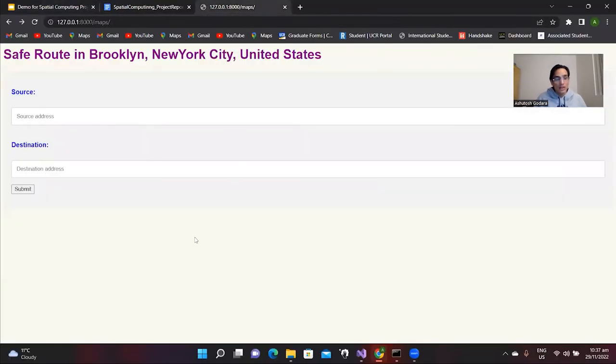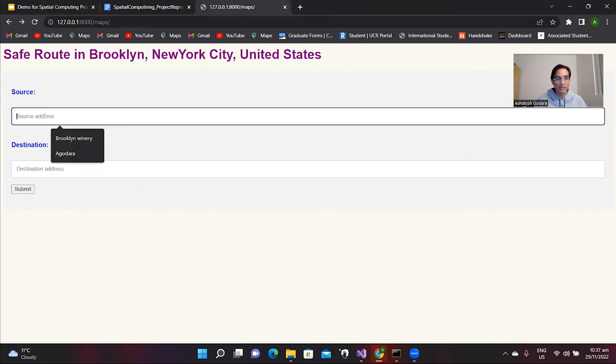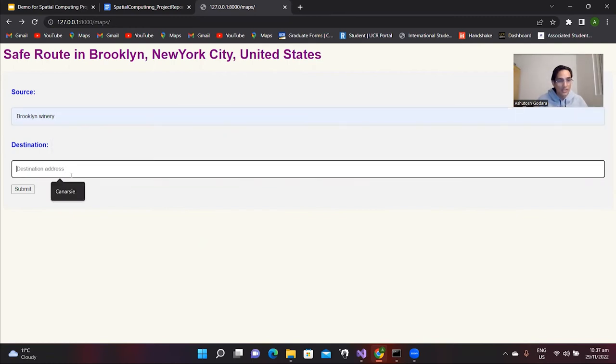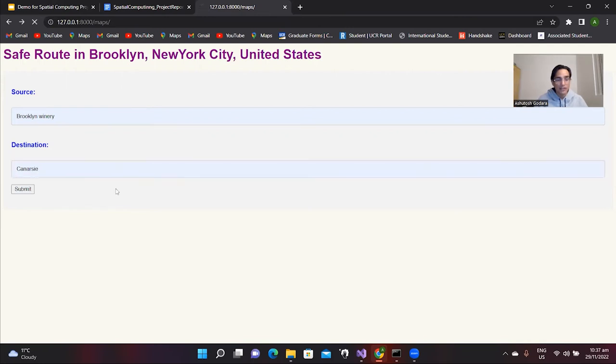So this is the landing page of our application. Over here, the user needs to give a source and destination address in Brooklyn, New York City, which will calculate the safest and shortest path. So let me give two addresses, Brooklyn Winery and Canarsie. When I hit submit, it will calculate the safest and shortest path,